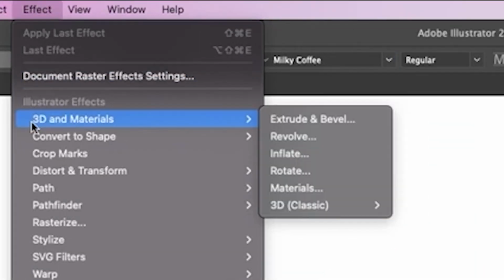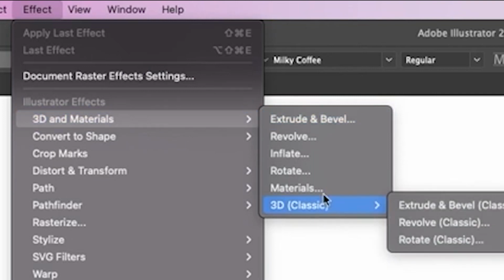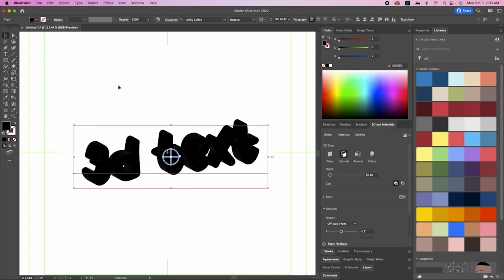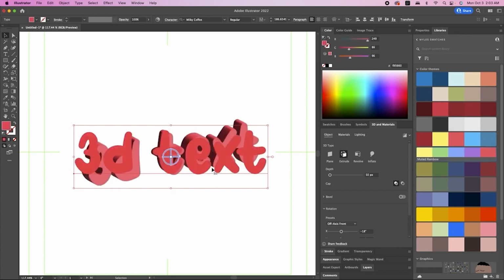You go to FX, 3D and materials. You can either go to extrude and bevel, or you can go to extrude and bevel classic. Let's just do this one. Bop, already got our text. Wow. And you can change the color. I'm gonna use one of my swatch colors that I like. Let's go with this. Got us a nice text,